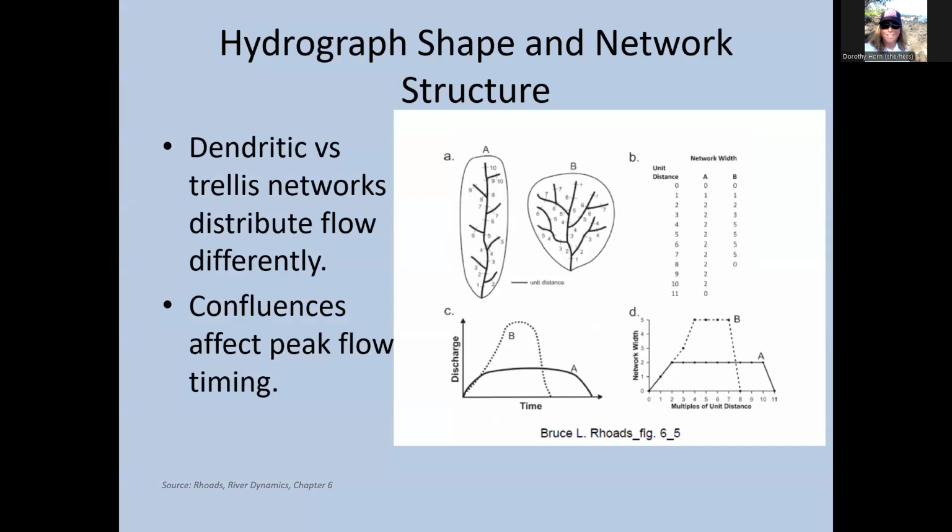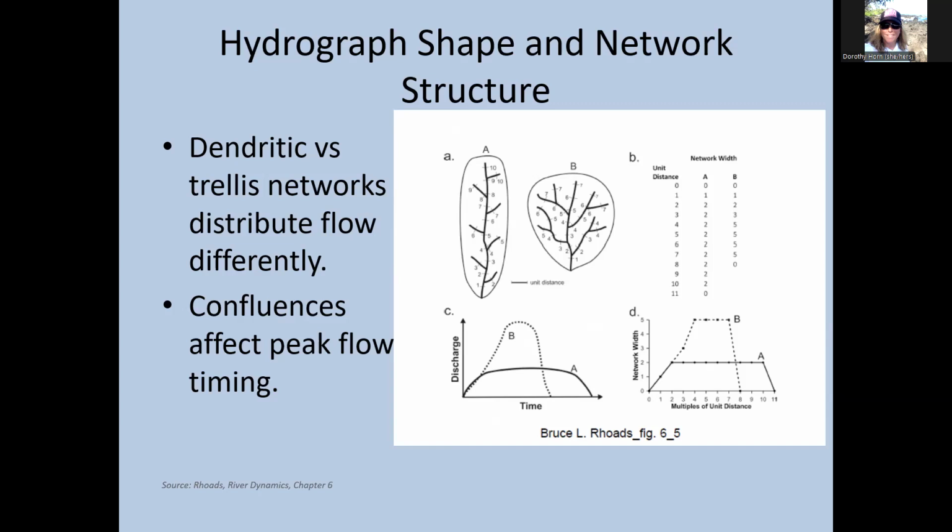We can have a lot of different networks looking at different flows, right? So we can have peak flow that could be post-peak precipitation. So then the discharge would be down the line. We can see the difference in the splitting off of rivers. We can use that width, and base it on the distance. And so there's a lot of ways to figure out the peak flow timing and what's going to happen in all the